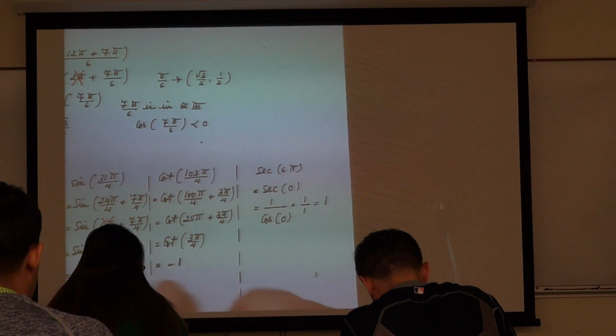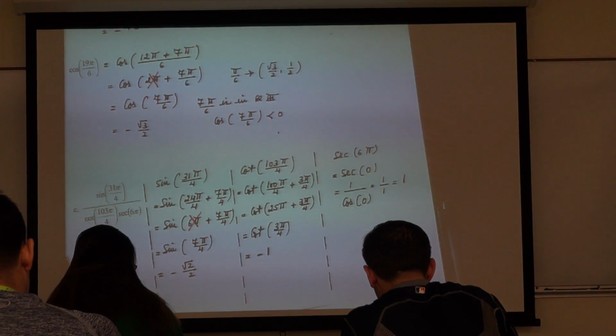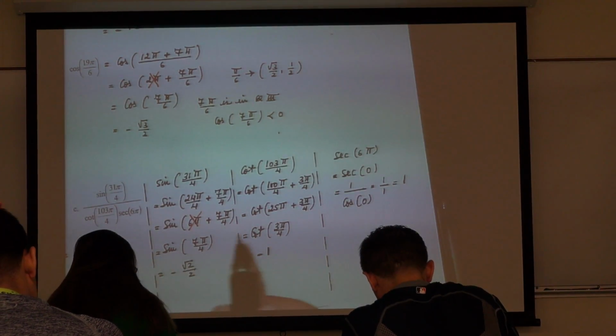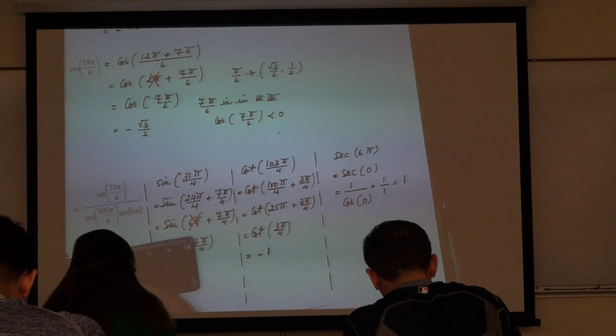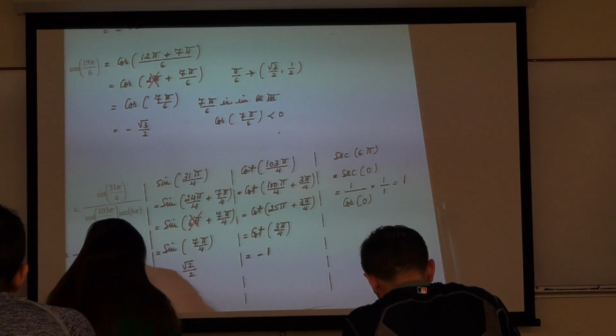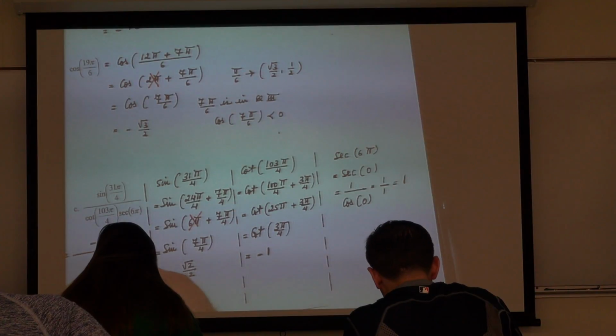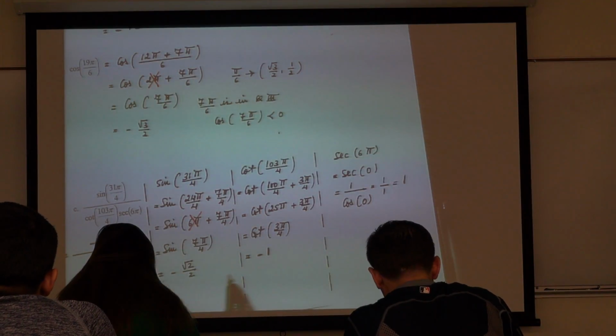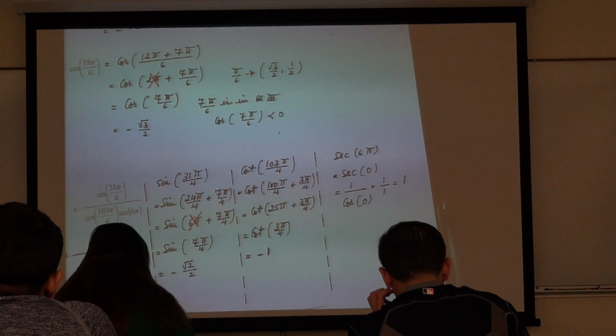I think right now it's time to do my substitution. So for the first one it is negative square root of 2 over 2. And then for the cotangent